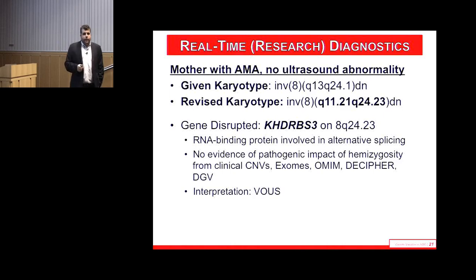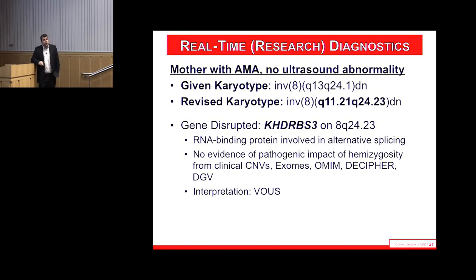We have gone on and done this a number of times in the clinic and in concert with the clinicians in the clinic. I'm going to tell you about just one of the series of, I think, 10 we've done so far. It's an interesting case, and it feeds into some of the developmental work we've been doing. We haven't published any of this, but this was a case where a child got a karyotype of an inversion of chromosome 8. And it happened to be a quite savvy mother, and she's asked us to tell the story, so we tell it, that had seen me give a talk at a meeting.